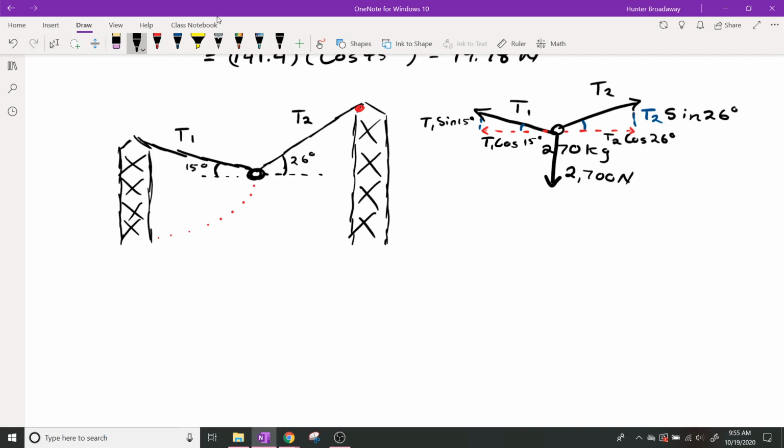Now, can we solve from here? That's a good question. Is it moving? No. So that means that it's not accelerating either, right? So that means the sum of the forces is equal to...